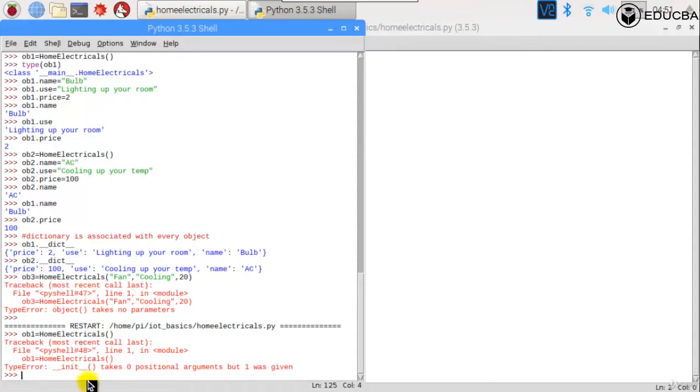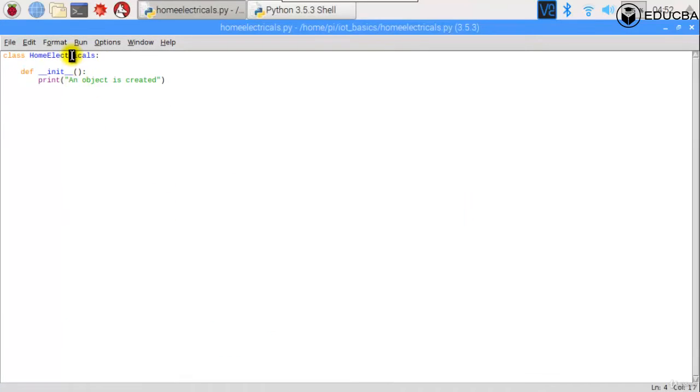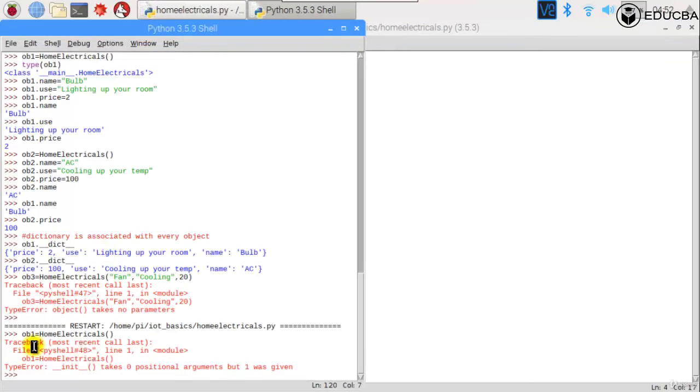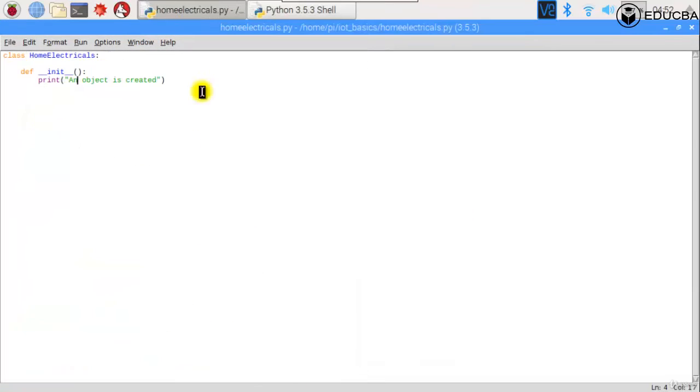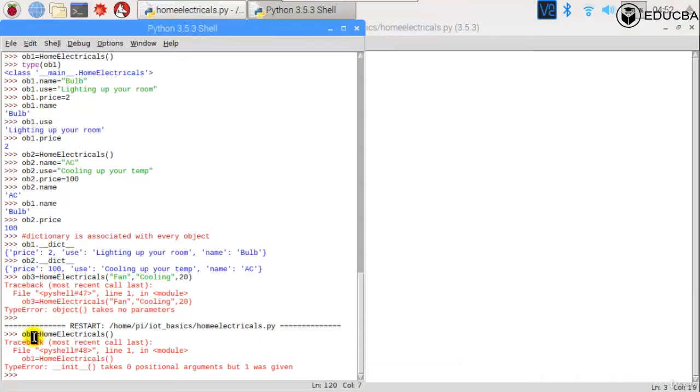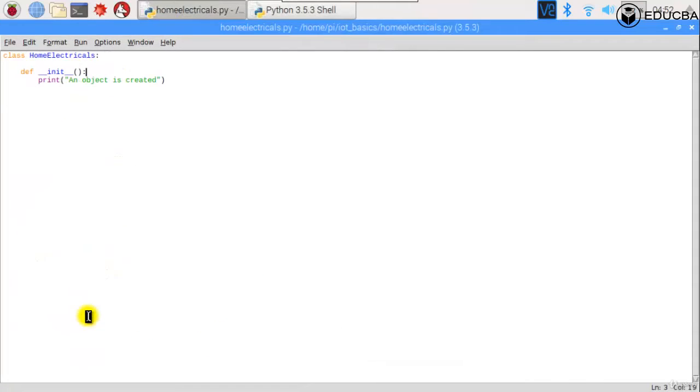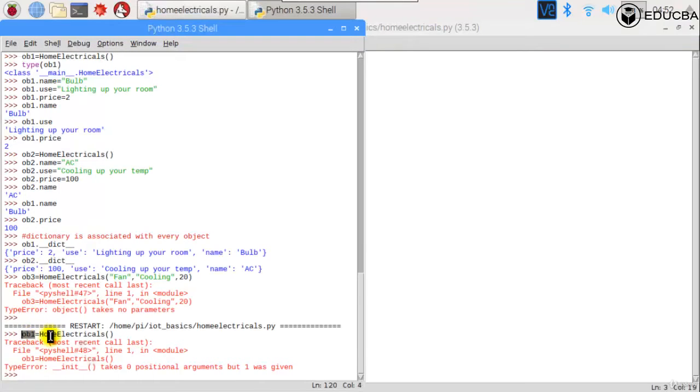What is the argument? The argument is this object itself, the reference to this particular object. Whenever any method or function inside a class is being called by an object, the object passes its own reference.